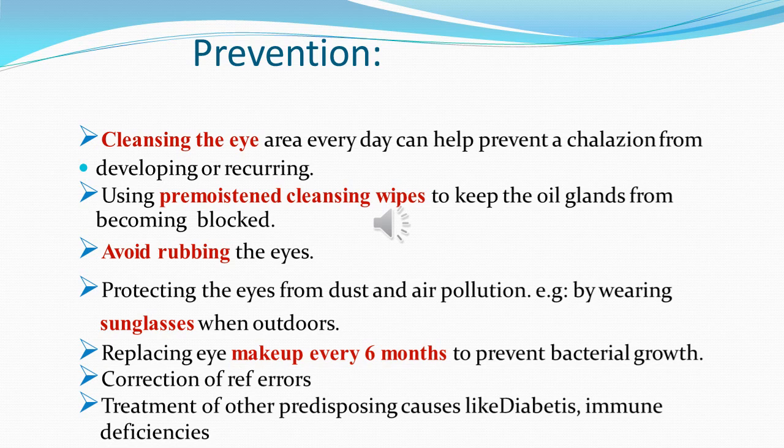If the individuals have any uncorrected refractive errors, they should be attended to immediately, because unattended refractive errors can be a cause for chalazion. When there is a refractive error, the individual tries to look at the object with closed lids. When they attempt to view things through the narrowed slit, there will be distortion of the ducts of the glands, and the stasis and aggregation of the stasis material causing blocking of the ducts can be the cause for pathogenesis. That's why refractive error should be attended to if it is present.